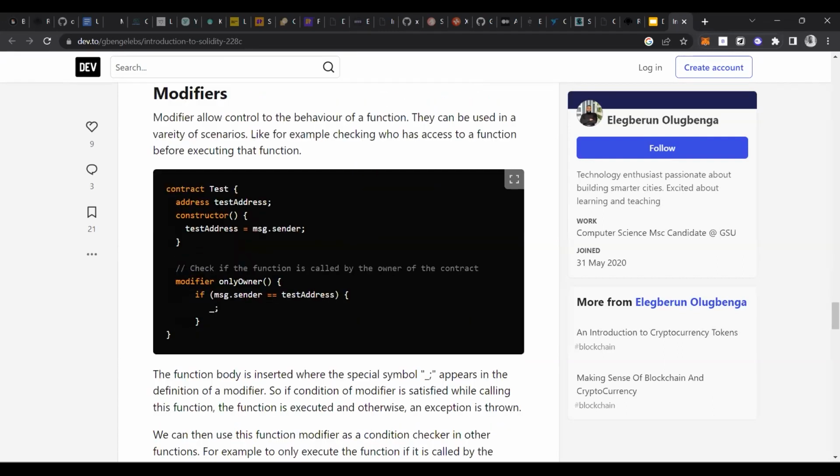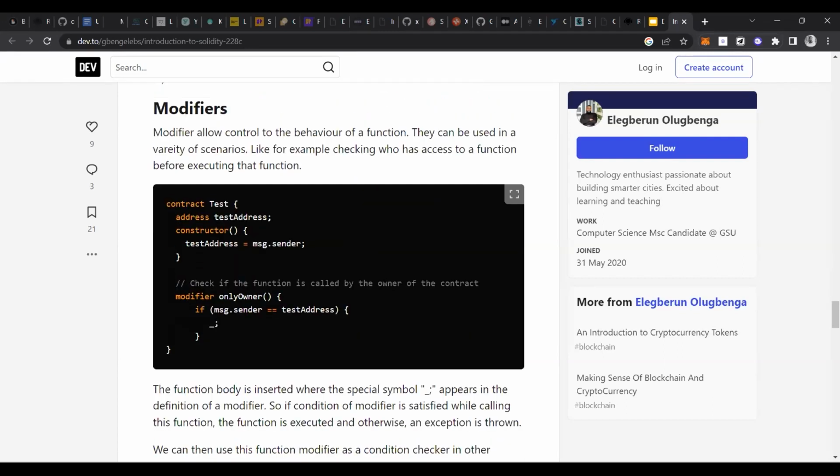Okay, so modifier. The particular role of a modifier is that it allows control over the behavior of a function. They are used in many scenarios, like when you want to give access to a particular function only to the owner of that smart contract.